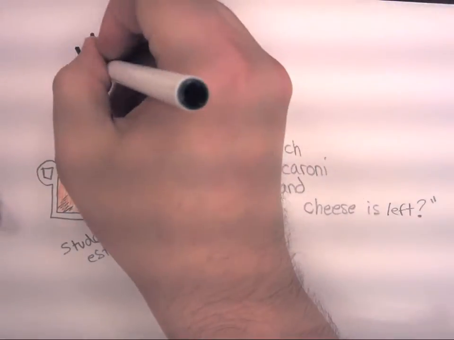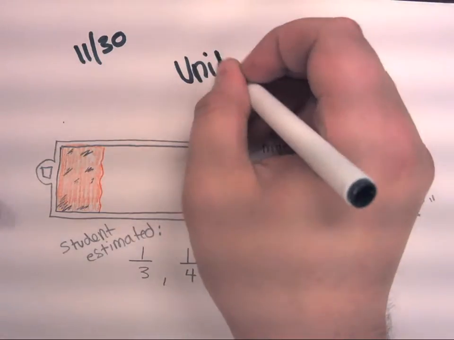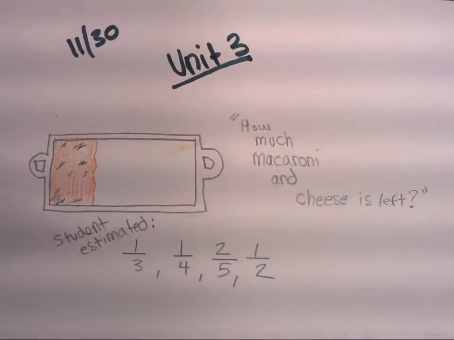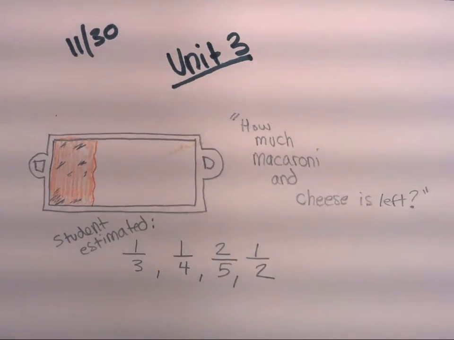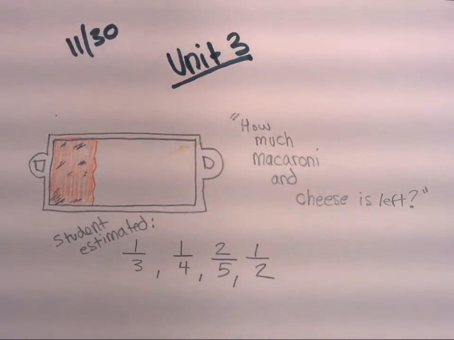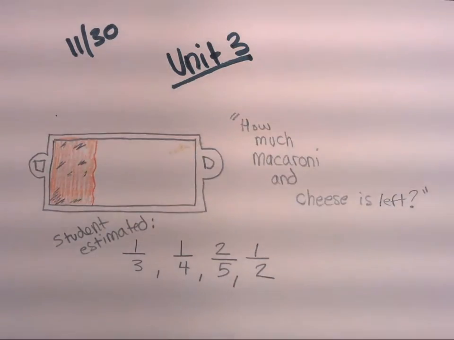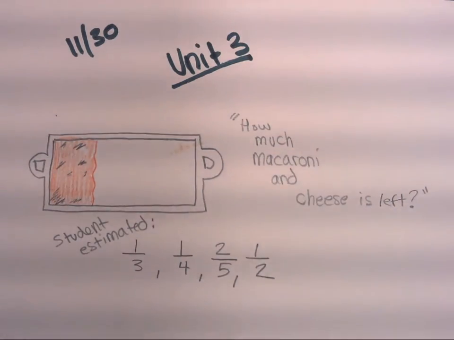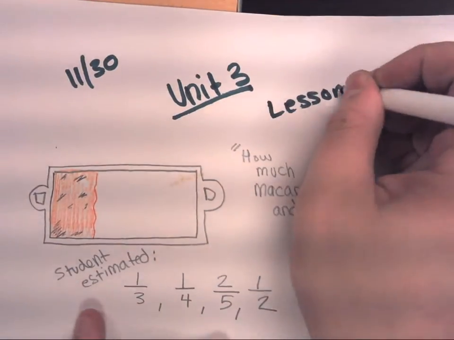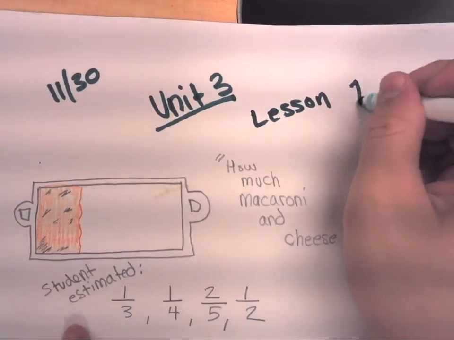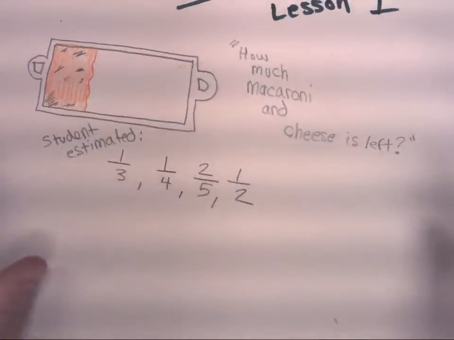So let's see here. Today's the 30th, and we are in Unit 3 now. Unit 3 is going to be about multiplying fractions by other fractions, and then dividing fractions by whole numbers and dividing whole numbers by fractions. So today was our first lesson, and the lesson started out by presenting students